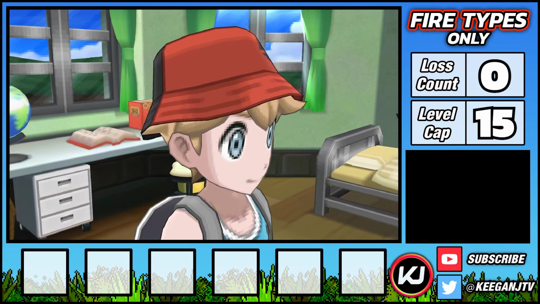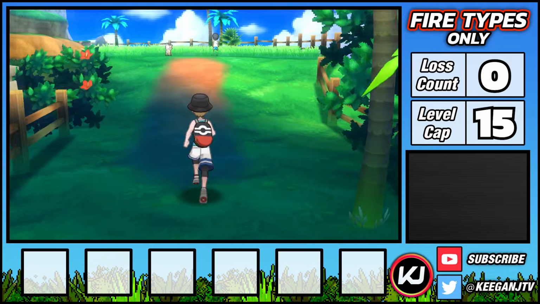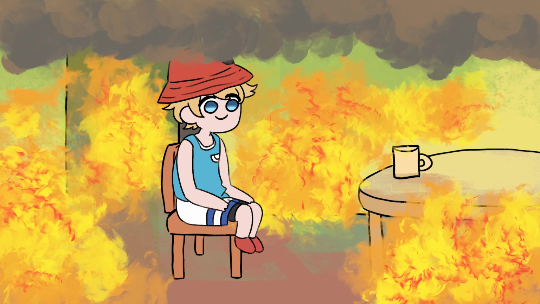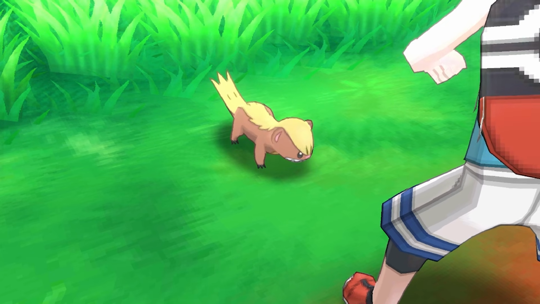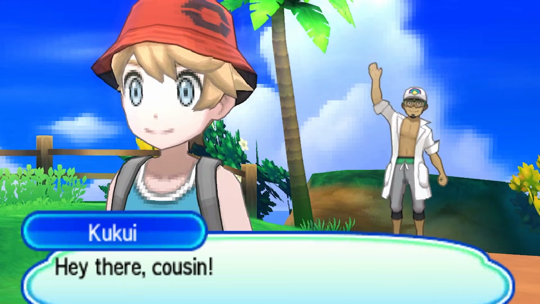After loading in, our first objective is finding our first fire type. Although before we can get one, we're attacked by a feral, vicious rodent. This spawn camping rat is trying to finish me off before I've even gotten a Pokemon. And while I did have an idea in mind for how to peacefully handle this situation, ultimately we're saved by